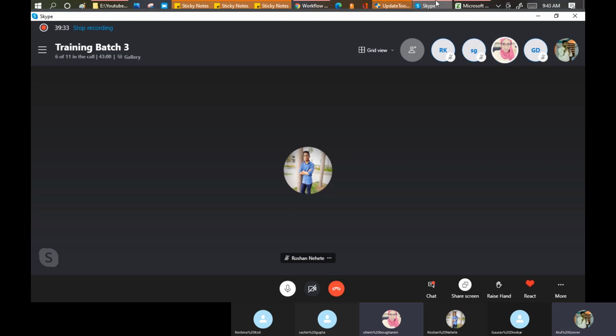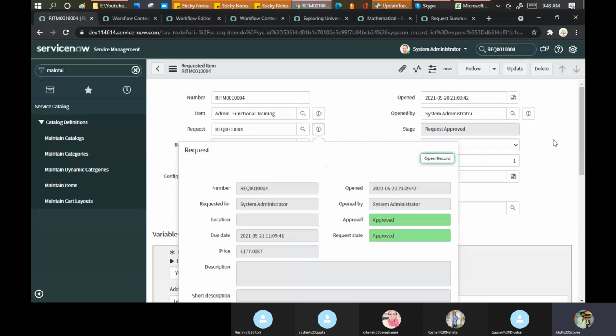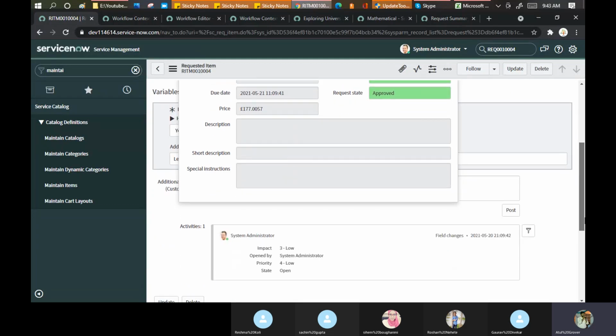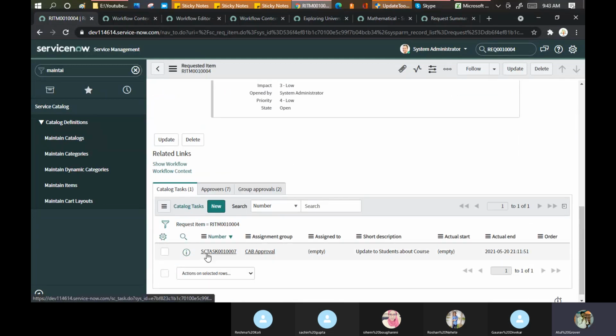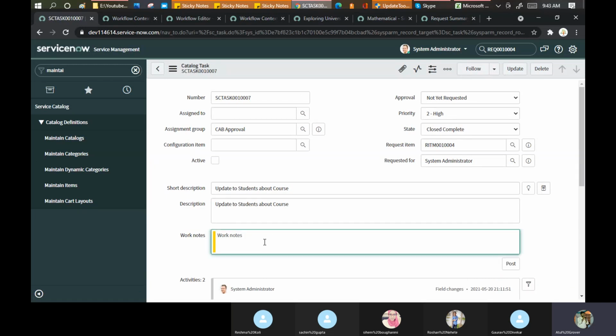No, you can add it. See, out of the box, these options are always available, even though your request has been closed. You can add anything, write anything in the work notes. This option is always available out of the box. Absolutely. Okay. Conditions are required when you want to do something more on top of that. Okay, so that is the thing.